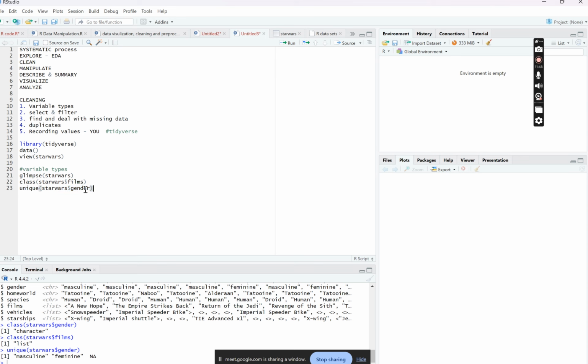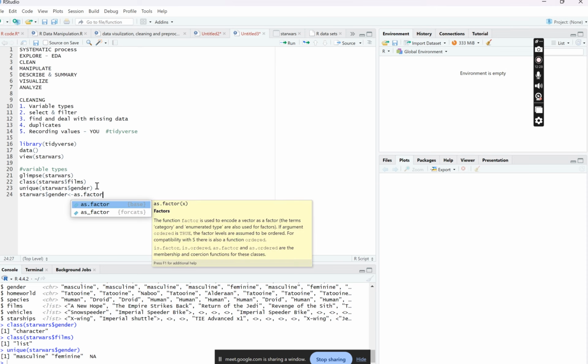Now that we all know that gender was a character when we ran class starwars gender, if you want to change your variable type, for example, you have a date and you want to change it to a character, or a character you want to change to a factor, you recall me telling you that you're supposed to use as dot, and then you put the name of what you want to change. So for example, I want to change gender to a factor. I'll take starwars gender to specifically pick the gender column. Then I assign as dot factor to change it to factor. Then I must again,